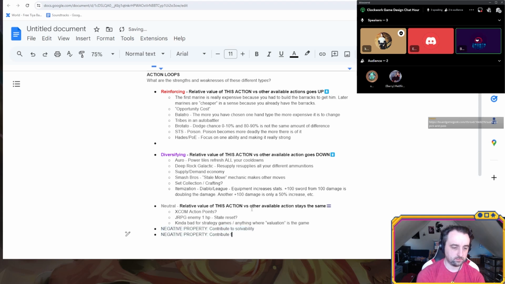But with solvability, if the only thing that really matters in terms of when you should do an action is the context, then you can learn, oh, in this basic context, always do this. Like a build order sort of thing, or chess openings, things you can memorize. In this situation you can always play the blankety blank, because it doesn't have any reinforcing or diversifying effects really.